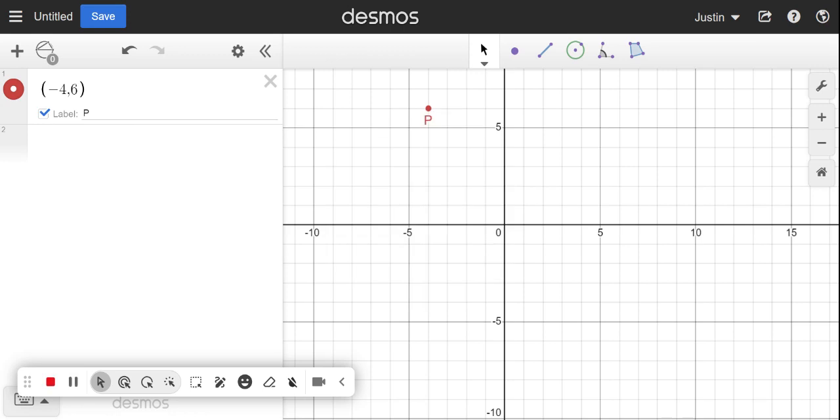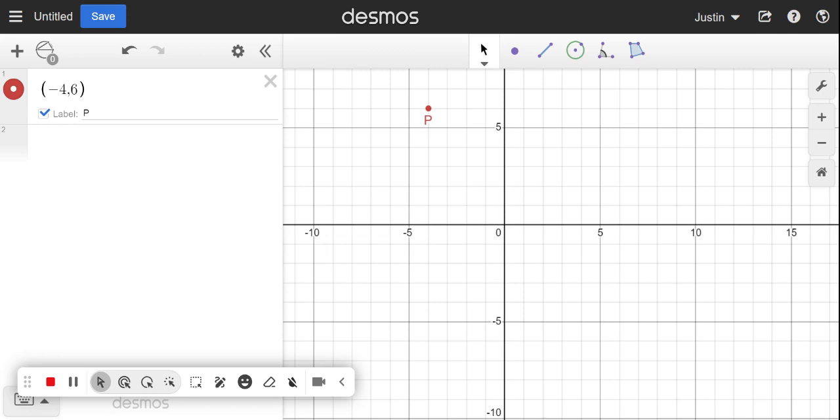For the warm-up, we're finding the image of P at (-4, 6) under the following transformation. So transformations are ways that we can take shapes, points, graphs, and kind of move them around in certain ways. So there's translations, that's movements left, right, up, down. There are reflections, which are like mirror images across the line. And then there are rotations, which you are spinning things about a point, a certain direction, and a certain amount of degrees. So the first one says we're going to find the reflection of